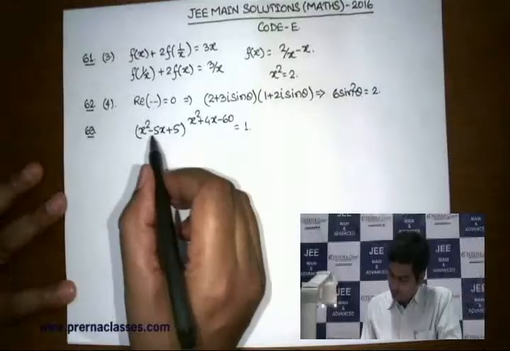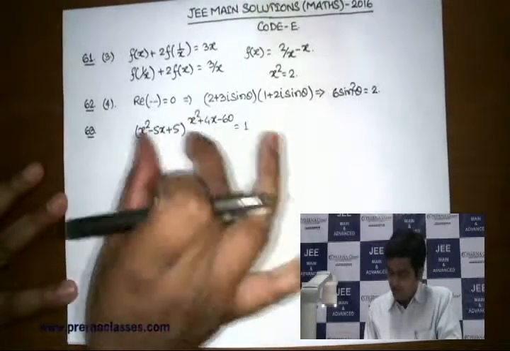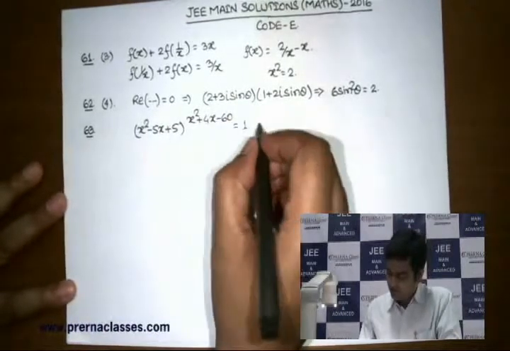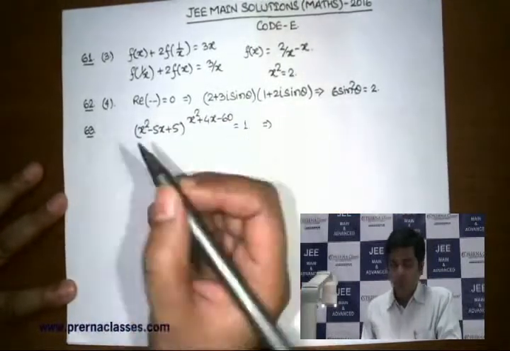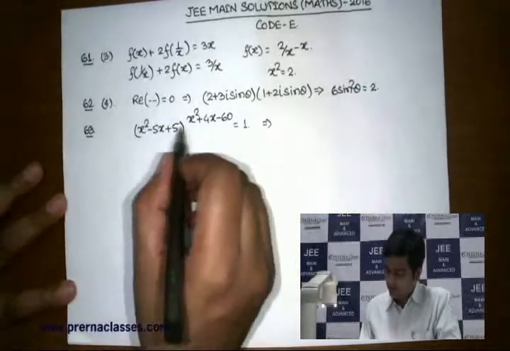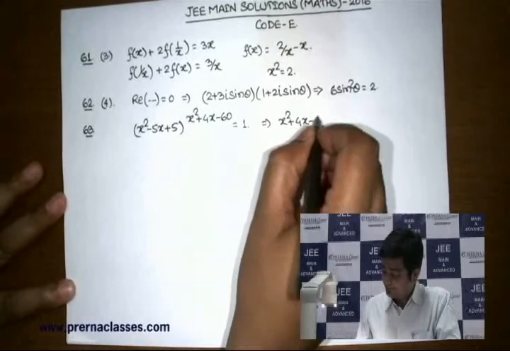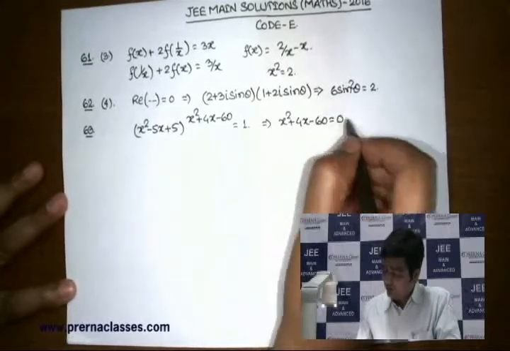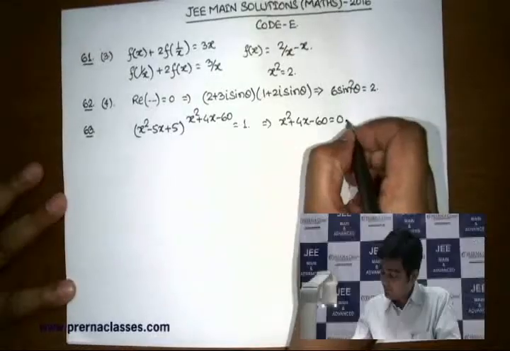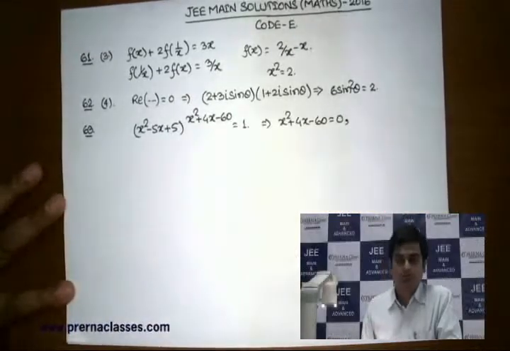Fine. The third problem is related with one equation, and you are supposed to figure out the sum of all real values of x which satisfy that equation. If you observe, this is in the form of a to the power of b, and you have to make sure it is 1. There are multiple possibilities to that, and if you make sure that this power is equal to 0, then certainly this is going to be equal to 1, provided the base is non-zero.